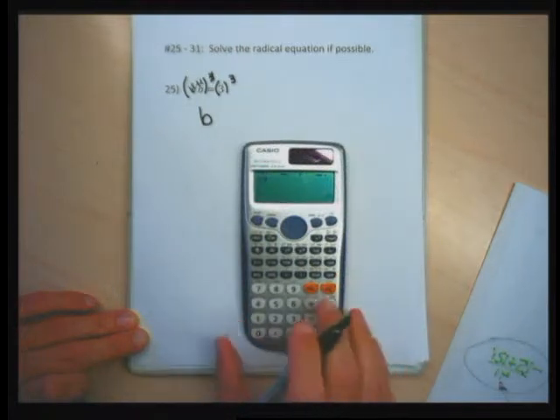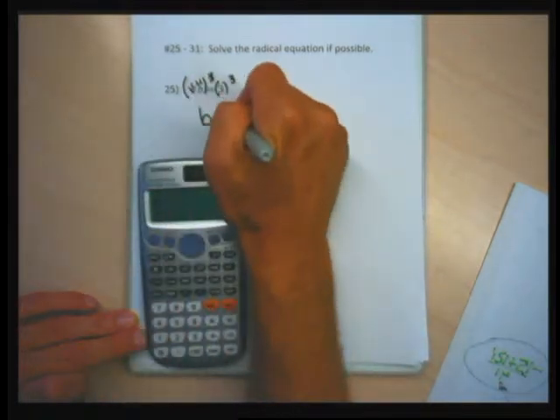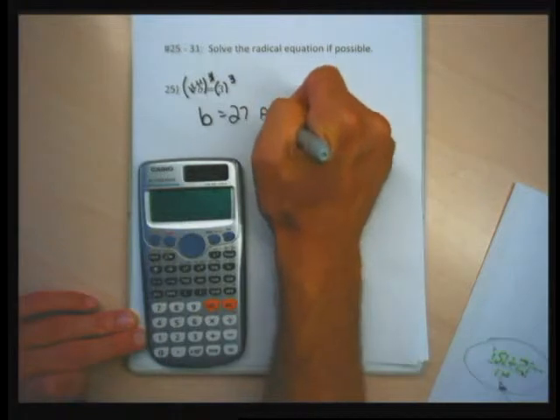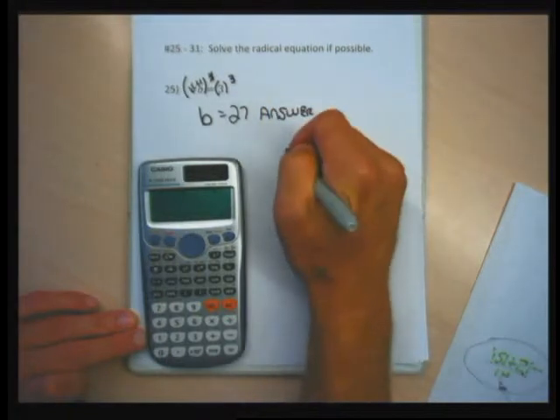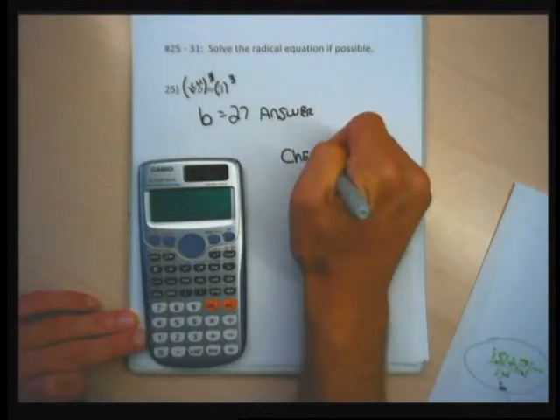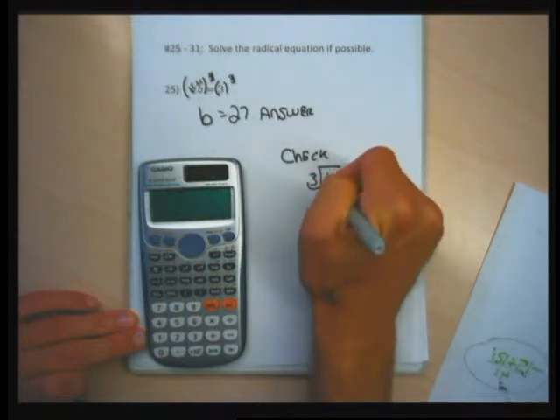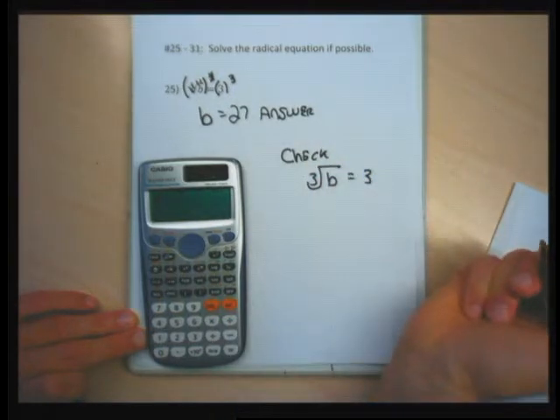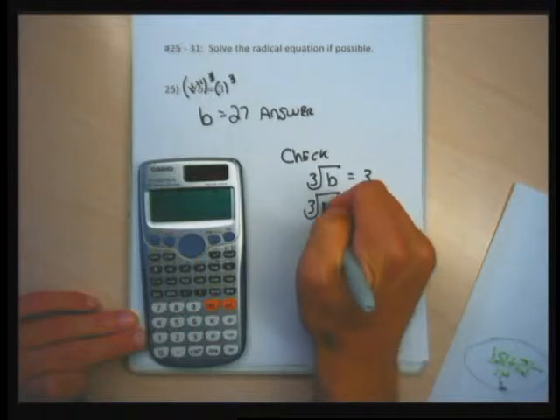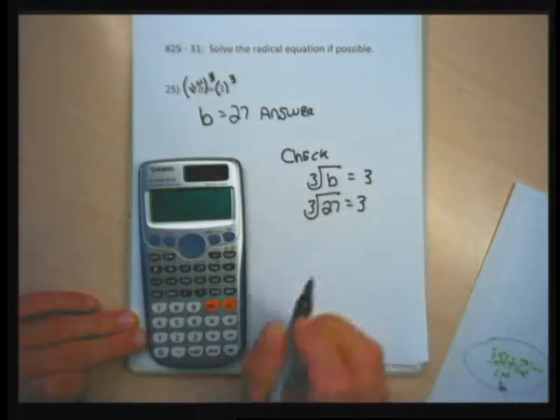I don't really need a parentheses. I get 27 from it for my answer. I should always, when I solve a problem with an equal sign, check. It's not absolutely necessary, but it's not that hard. The original problem says the cube root of b equal to 3. I should be able to plug in a 27 for b